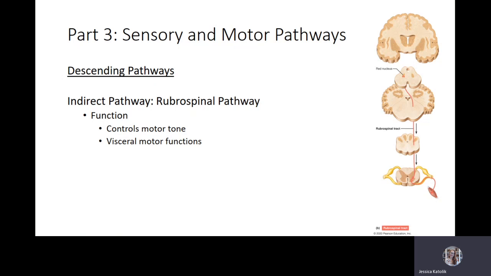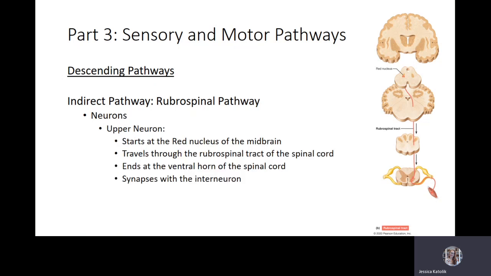So now that we know what this pathway is responsible for, let's look at the upper motor neuron and lower motor neuron. The upper motor neuron is going to be subcortical. So it's not going to start in the cortex of the cerebrum, rather it's going to start in the brain stem, and it specifically will start in the red nucleus of the midbrain. This upper motor neuron,